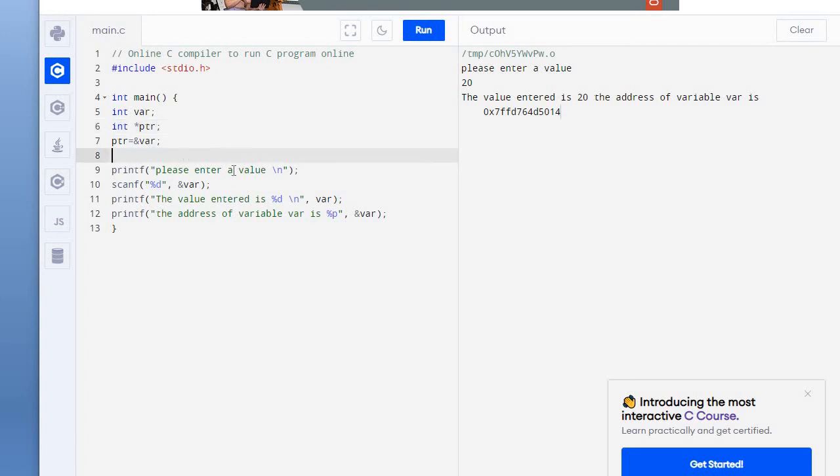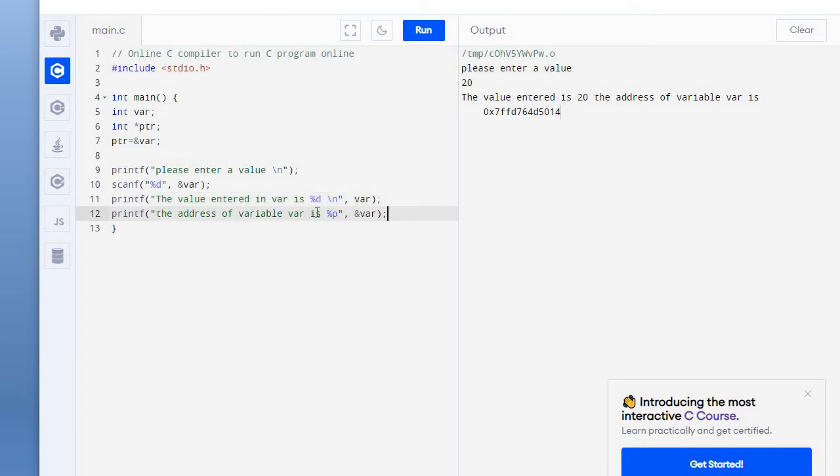Now, please enter the value. Okay, let it be like that only. The value entered in var is, okay. The address of var is,